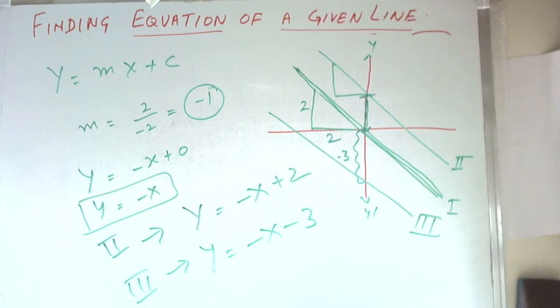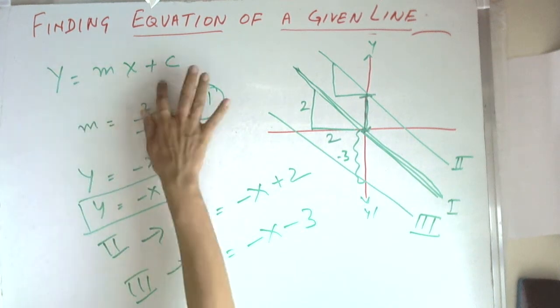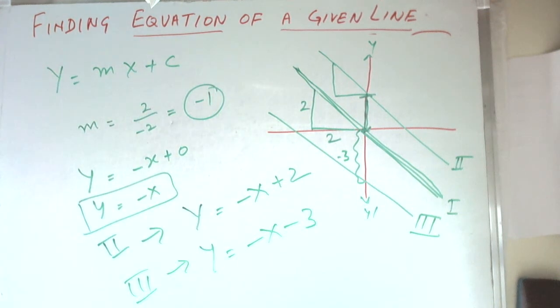Summarizing, the other method is that we can first find a table of a few points for that equation, and then try to fit a particular equation to it, but that is a slightly tedious method. So the best method is that we apply y is equal to mx plus c. Although there may not be many questions on this in the examination, it is useful to learn this. Thank you.